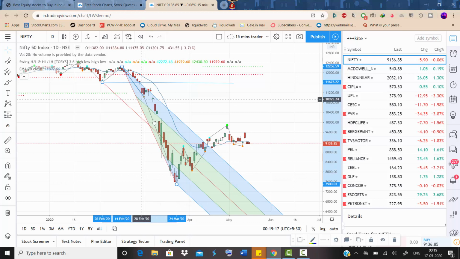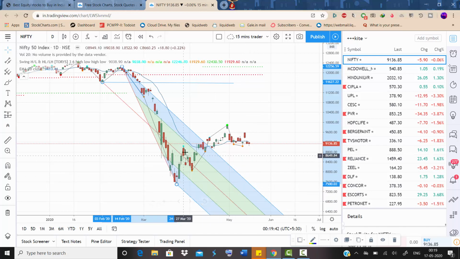So here in a normal channel, what is it like? This would be a stop loss, and you can buy on consolidation. You can expect a bounce back towards this middle line. So you can see this bounce back in the middle line, and most probably the stock keeps moving in this middle line. When it comes to this blue channel, you can buy and sell in this blue channel.